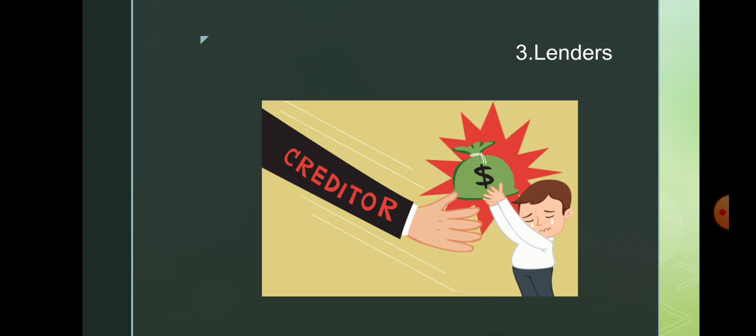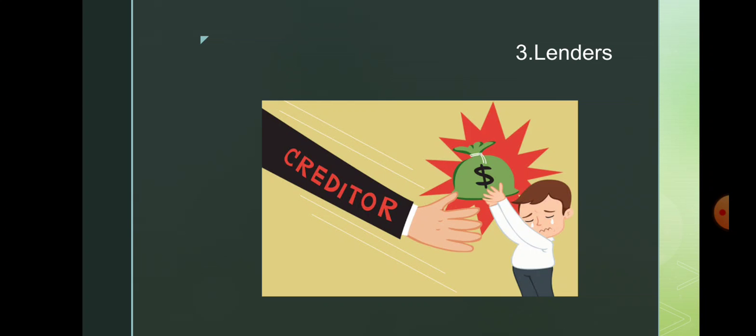So here also the lenders, who are the creditors, who can be the debenture holders, or anyone who is lending money to the company, need information about the financial position, the solvency of the company, and the liquidity position of the company, to know whether the company will be able to return their money in the future or not, and whether they will be able to pay the interest on time or not.